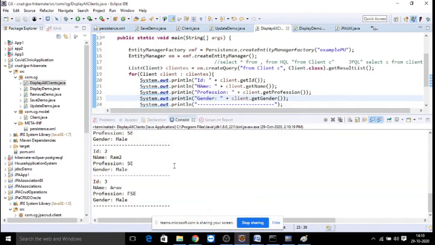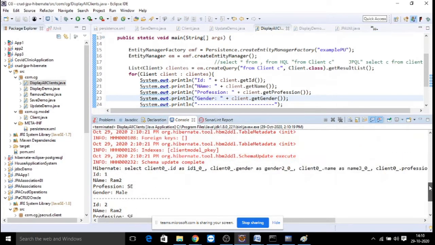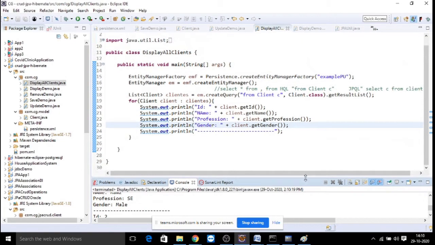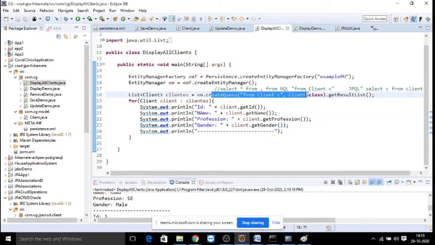Now I wanted to load all the details from my table. I'm able to get all the details, and you need to customize. After you get the data, you can store it directly into the list and use for each or iterator to list all the values. So the main logic is how do we get the data and how do we map it into our collections. Further, once the data is dumped into your collection, how do we process it, you know very well, right? So this is the part you need to concentrate on to load all the details.